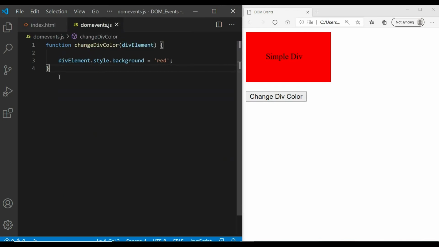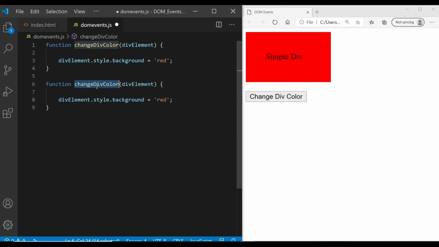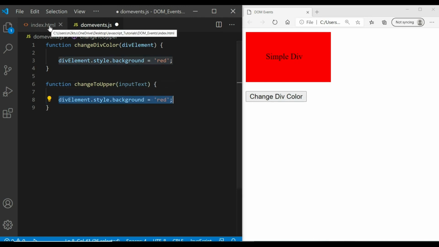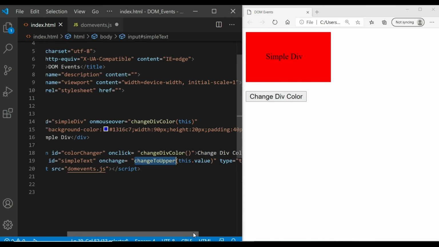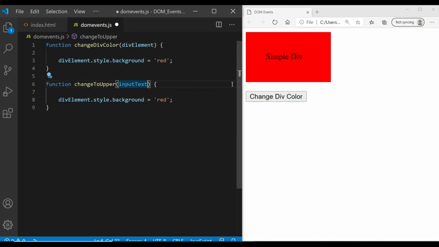So now let's create one new function, and the name of the function should match whatever name you have given here. Okay, then we are getting the text which we got from the input, right? And then let's also pass this, which is the reference of your text element. So let's pass that as well, textElement.